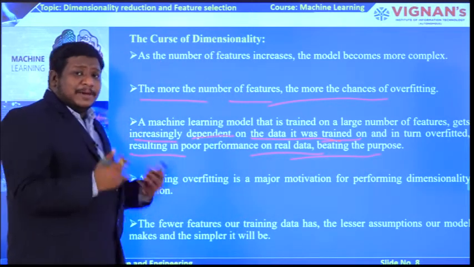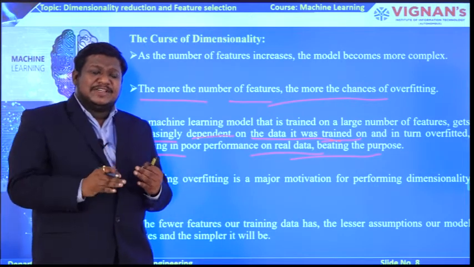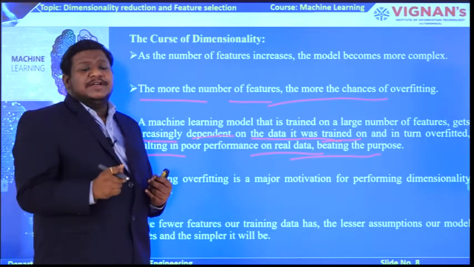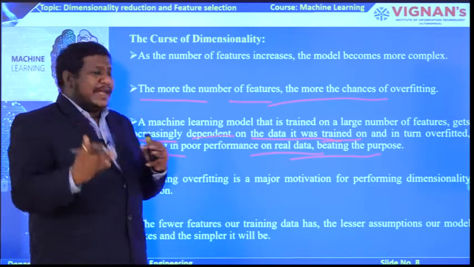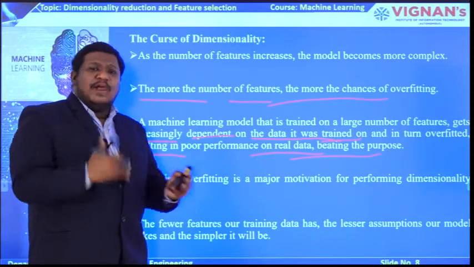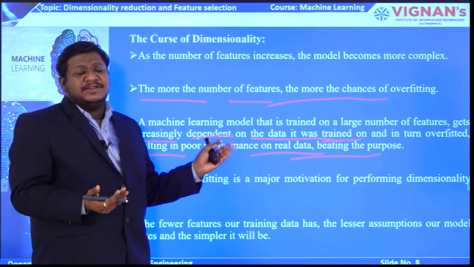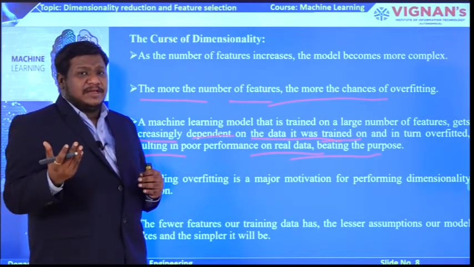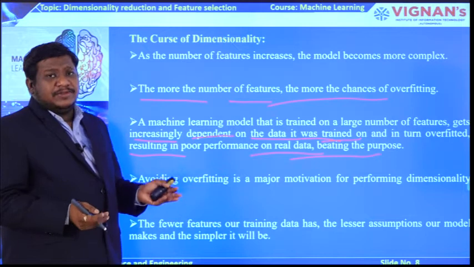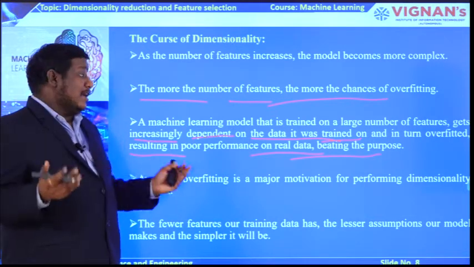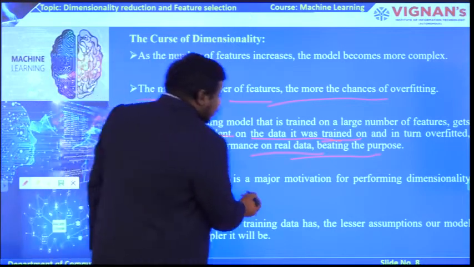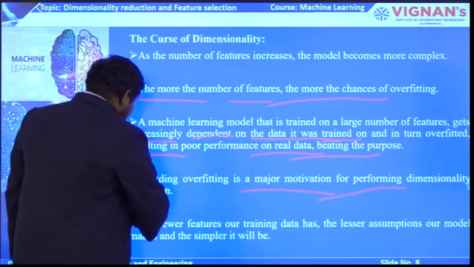purpose. Our purpose is to train on the data in such a way that whenever new data or a new question arises, the machine trained on this existing data should perform. But with this much data in training, the overfitting problem may occur. With that, the actual performance of the model is going to be reduced. That should not occur in the model. So that is another reason why we need to go for dimensionality reduction. Avoiding overfitting is a major motivation for performing dimensionality reduction.